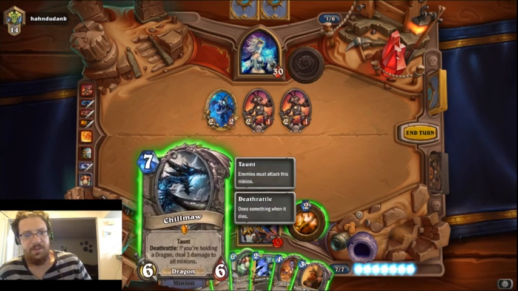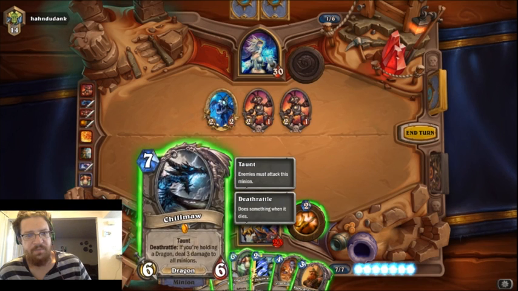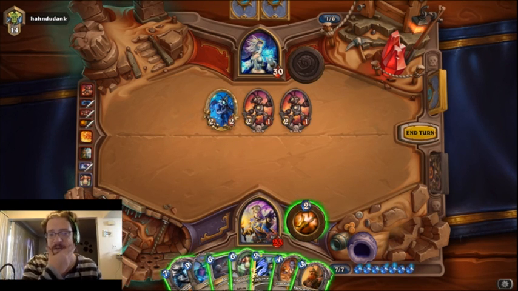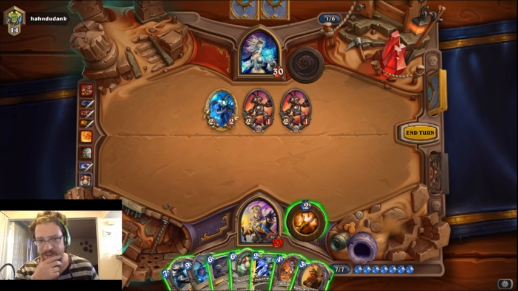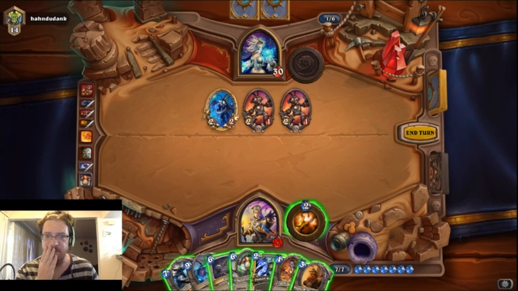I guess we could play Chillmaw here, but I don't think this stuff is threatening enough to warrant it. Especially since we haven't seen a Fireball yet. And if he just Fireballs it and plays more mechs, we're gonna be fighting from a losing position. Let's see. I don't really want to steal any of those with another priest. So